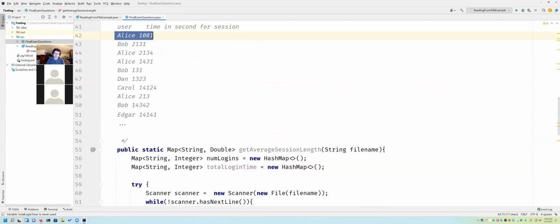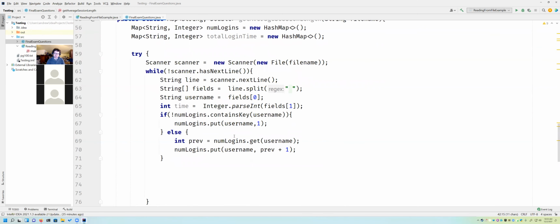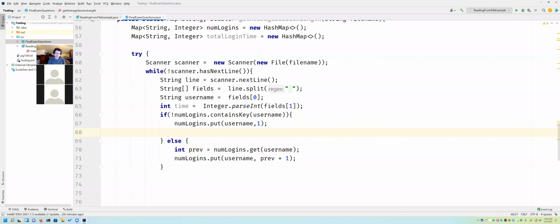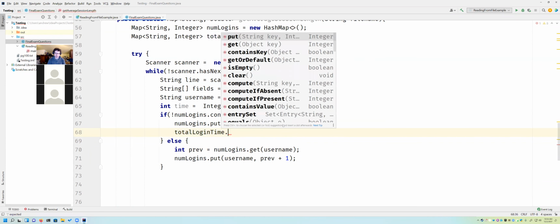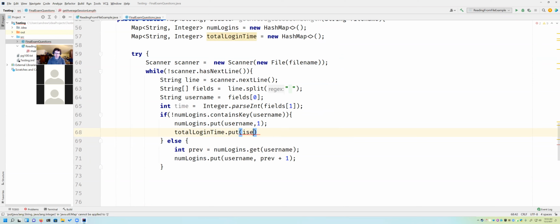Once I see Alice once, it makes sense that she's already in the other map. So all I have to do, if I haven't seen her yet, is totalLoginTime.put(username,